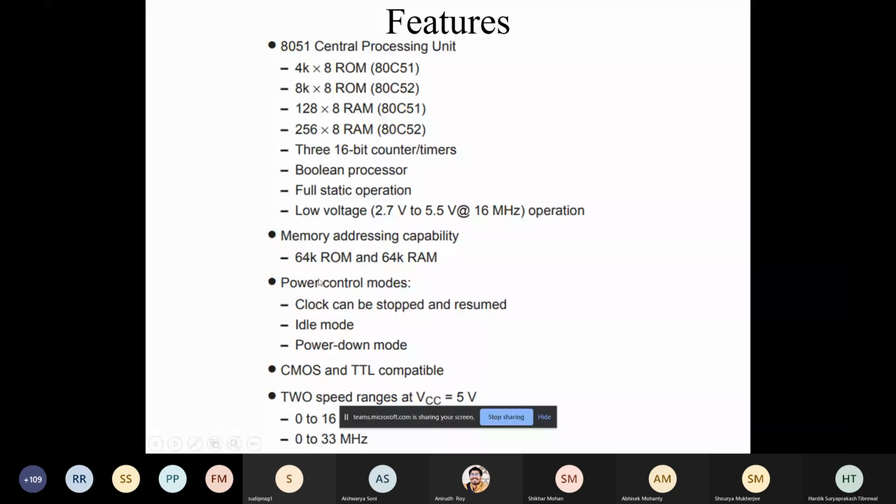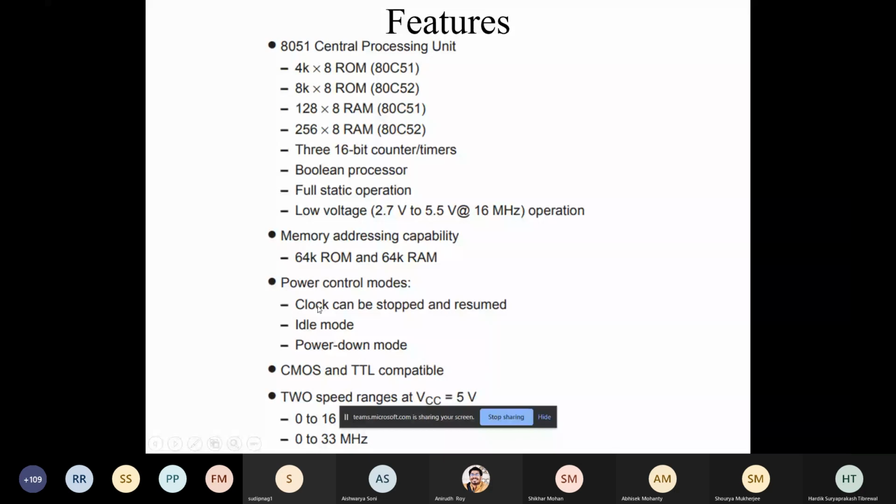Then power control. There are different ways to reduce power consumption. Like you can play with the clock frequency. By reducing the clock frequency, you can effectively reduce dynamic power consumption. There is an equation: dynamic power equals C VDD square F. F is the clock frequency and VDD is the supply voltage, which is anywhere between 2.7 and 5.5 volts. And C is the capacitance. Now capacitance could be the load capacitance or the parasitic capacitance offered by the microcontroller itself.